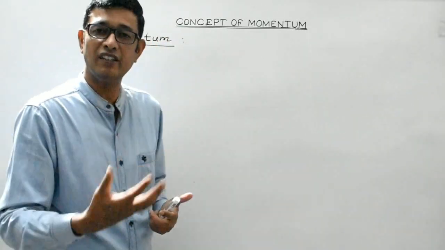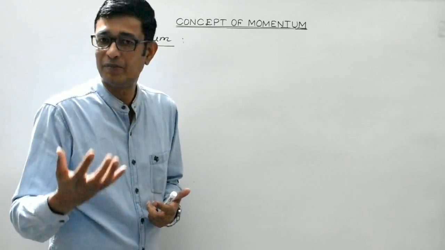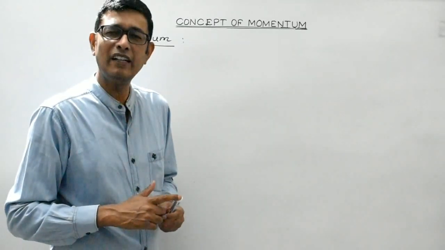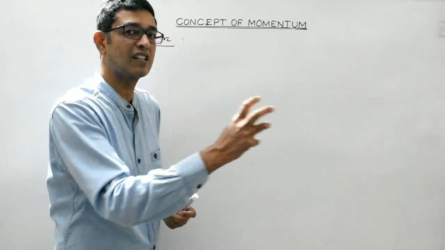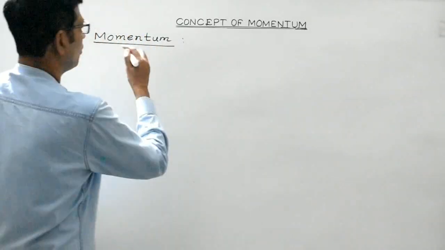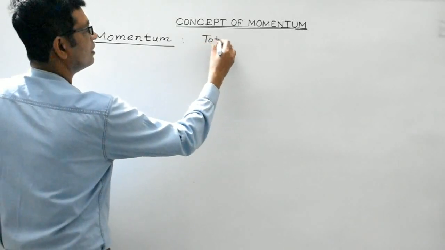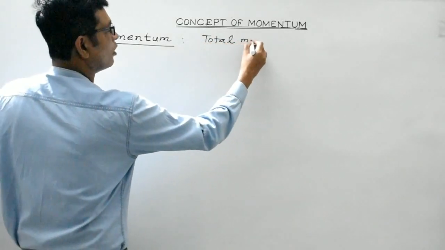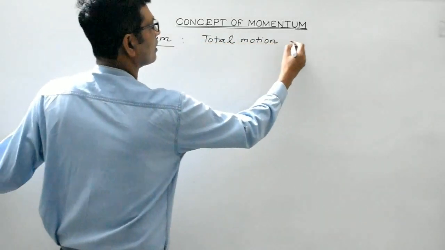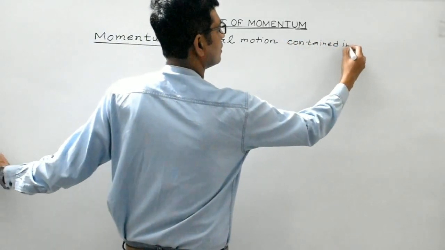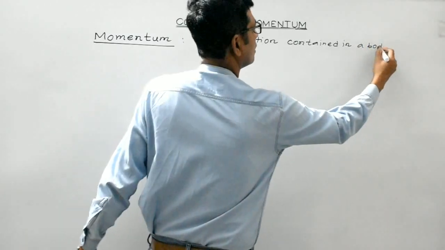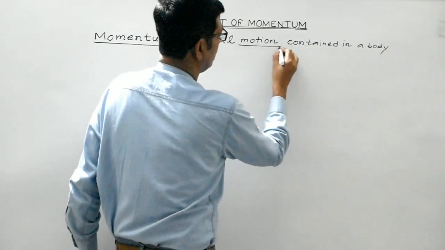So theoretically, the momentum of a moving body is defined as the net or the total amount of motion contained in a body. Now, the total amount of motion